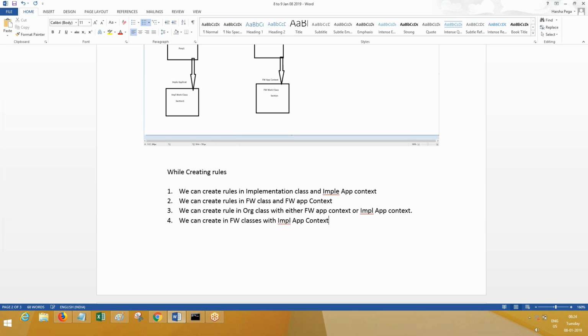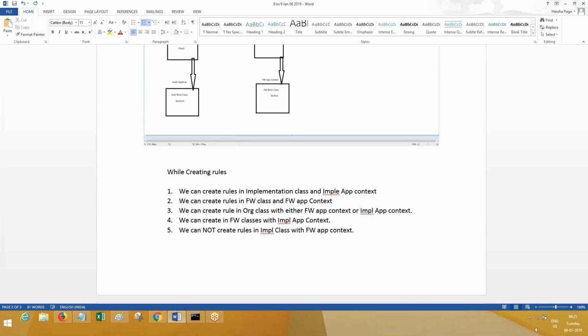Is this possible or not possible? I'm creating in framework classes from implementation application context. This is possible. Next one is we cannot create roles in implementation class with FW app context. Is this possible? It is not possible.